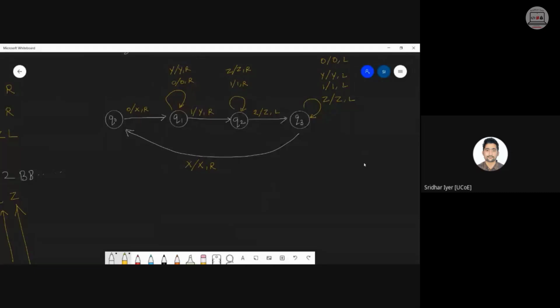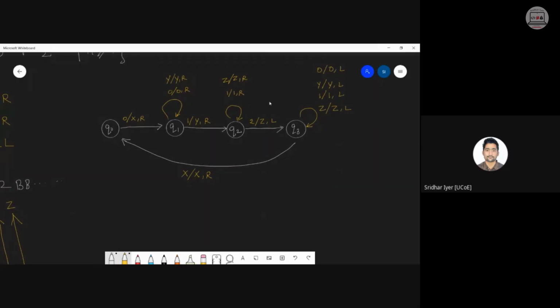Correct. There will be no 2 before Z because if you remember, whenever we encountered the first 2, we had started moving left from that bit only. So before the first detected 2, obviously there can't be any other 2, right? So whenever we have reached the Q3 state, there won't be any 2 on the left. If there is a 2, it will be on the right, there is no 2 on the left at all. Correct? Correct Jyoti, correct Ayush. So that is why there won't be any 2 over here.